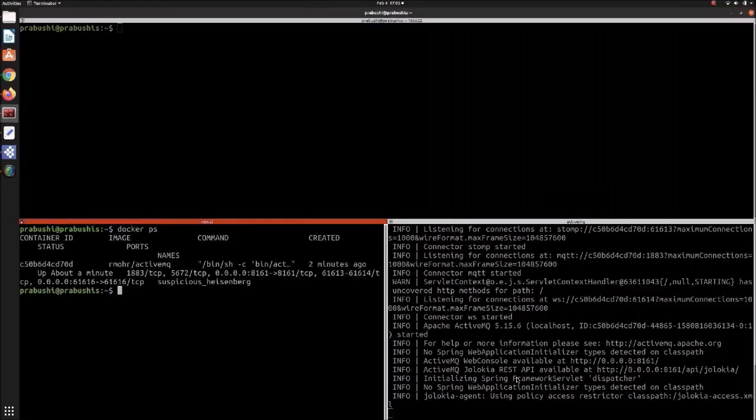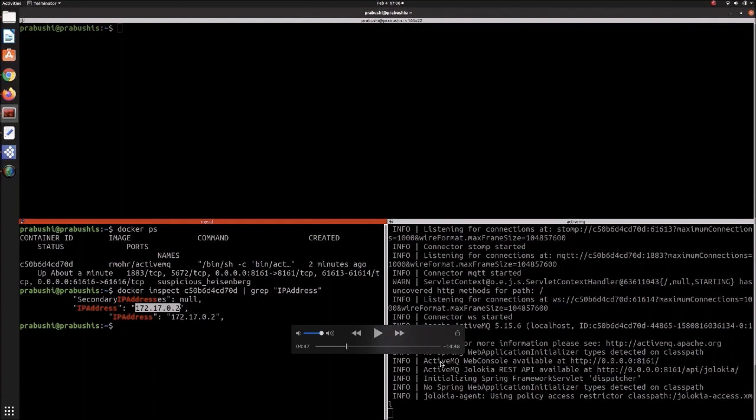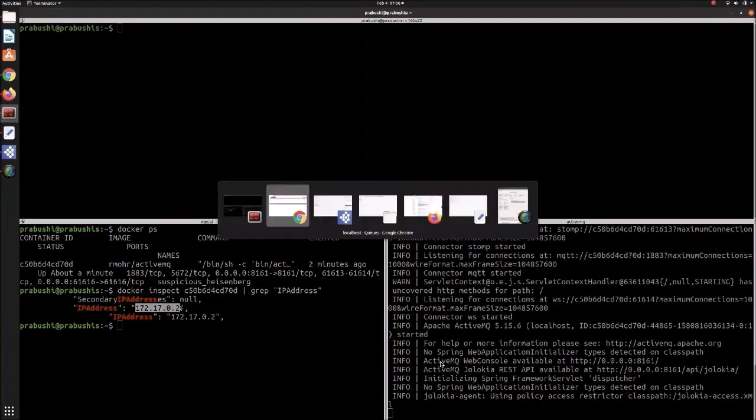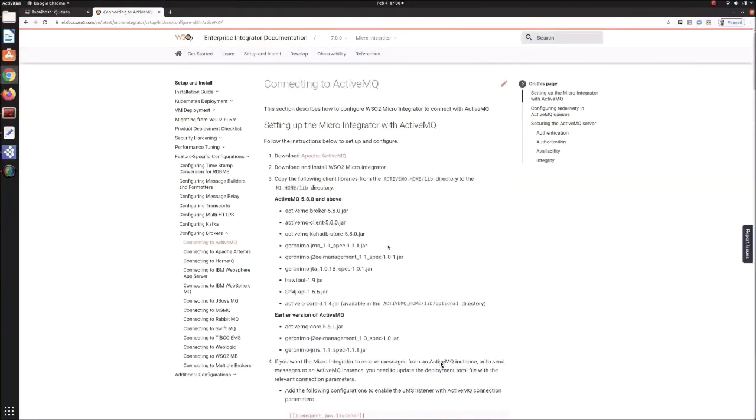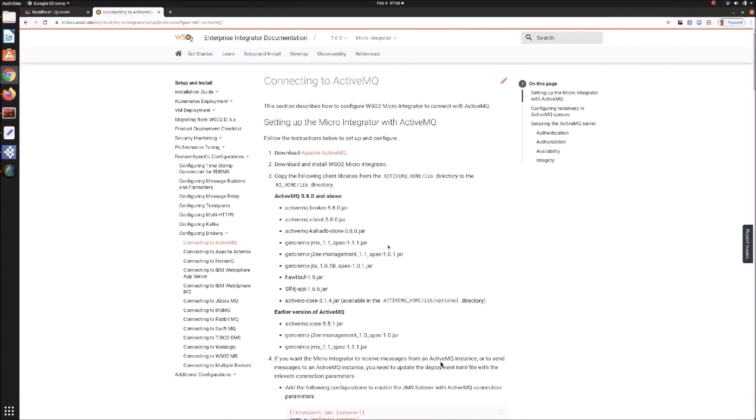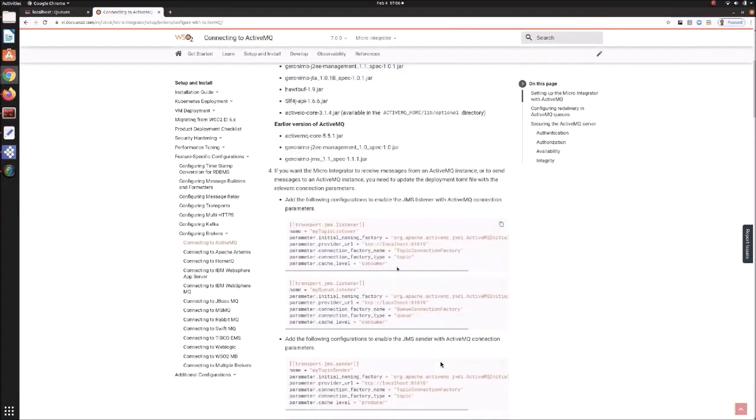So let's inspect this container, and let's get the IP address of this particular container, because we need that to configure our axis2 XML configuration. So if we go through our documentation, you can see how to configure the axis2 JMS listener using our toml file.